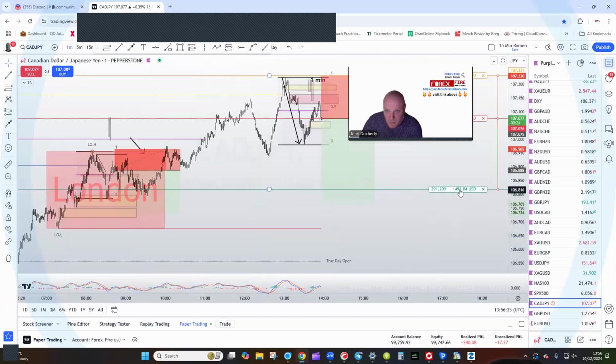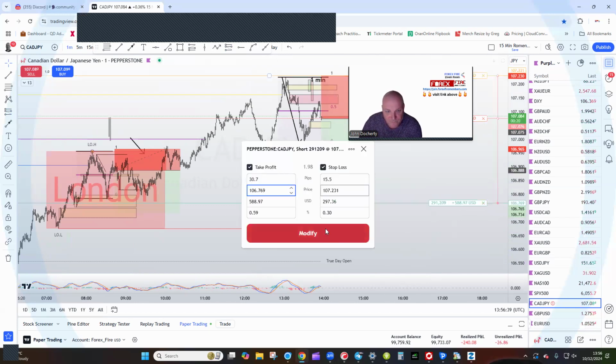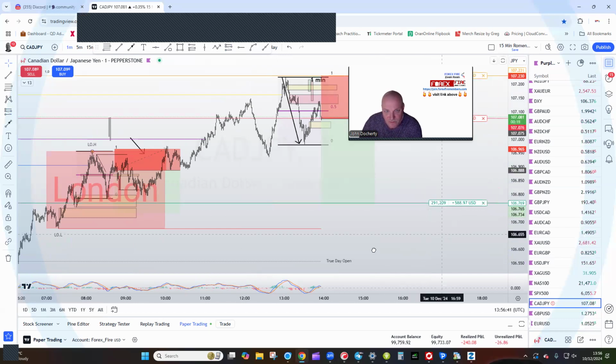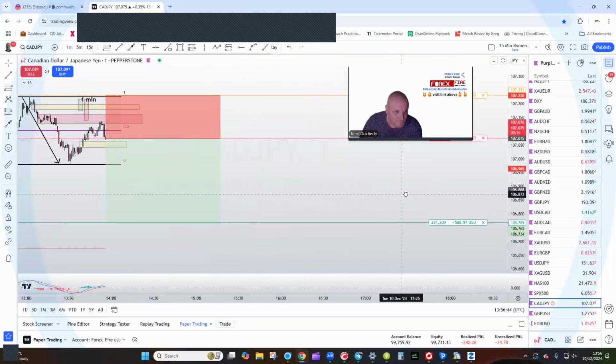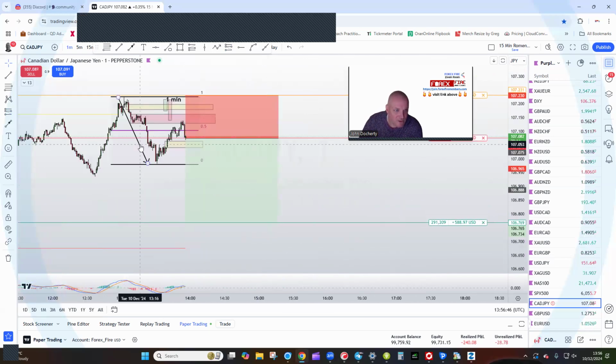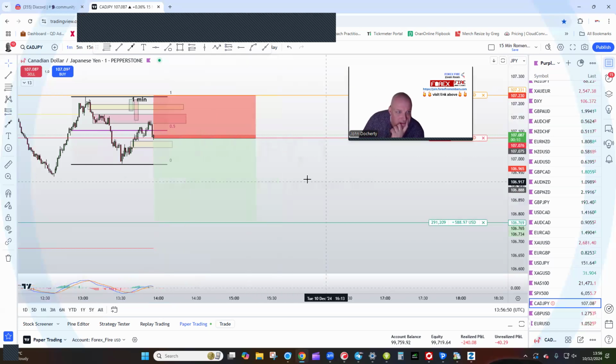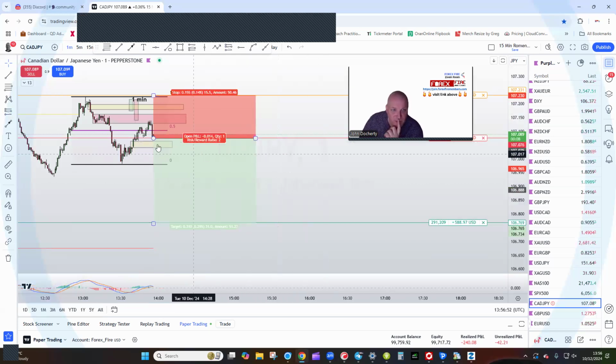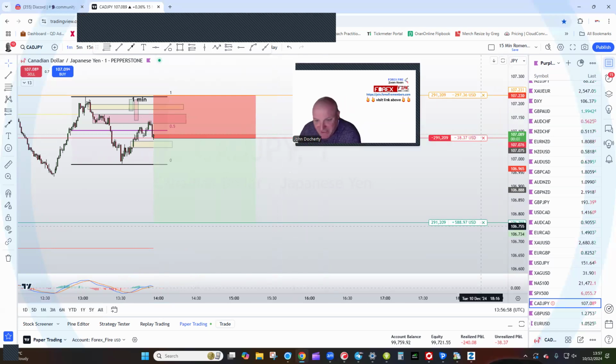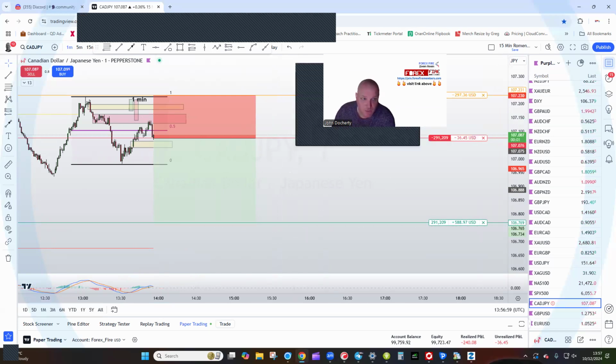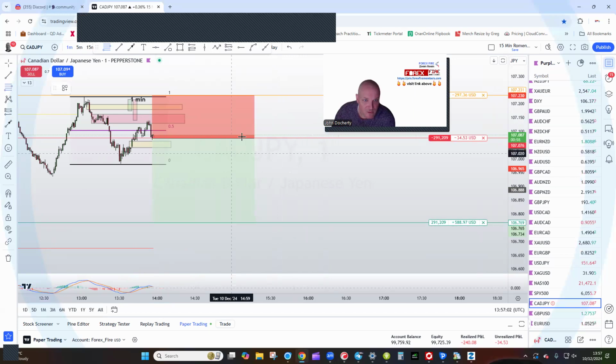This is a pretty big trade, to be fair. I'll do this on here. I'll get rid of some of this noise. It is what it is. It's either going to stop us out or it's going to give us a trade. It's a bit of a wider SL, this one, more than what I would like. We'll see what happens. Get it marked up from here